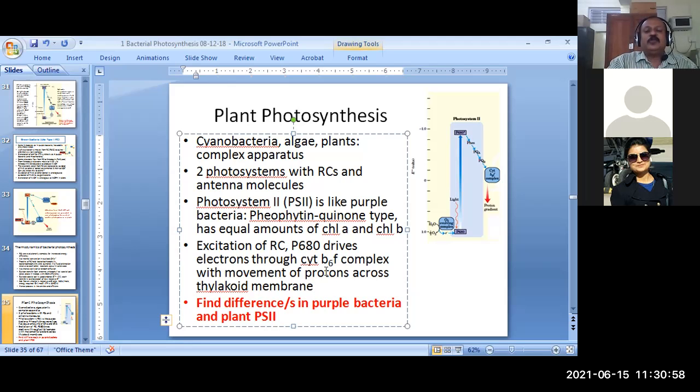The electrons go to the cytochrome b6f complex, and this one is actually a proton pump. We are going to see this term proton pump next time when we study the other unit, that is respiration. Right now you can just remember that it is a proton pump, and therefore it is able to drive the protons across the thylakoid membrane, and when protons go to the other side, they build up in concentration. A large concentration of protons will be made on the other side of the membrane, and then one by one these protons can come back inside, but only through the ATP synthase complex.